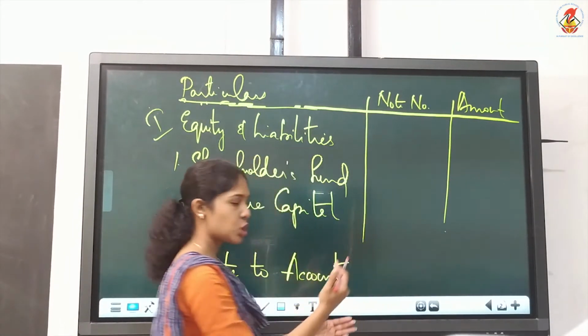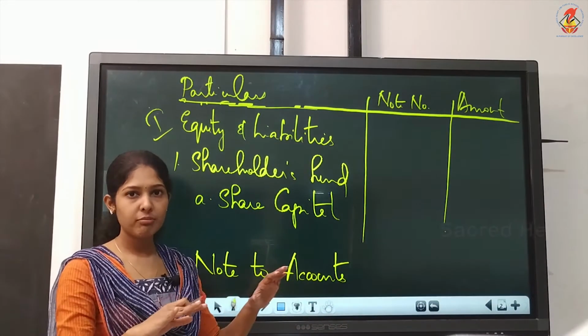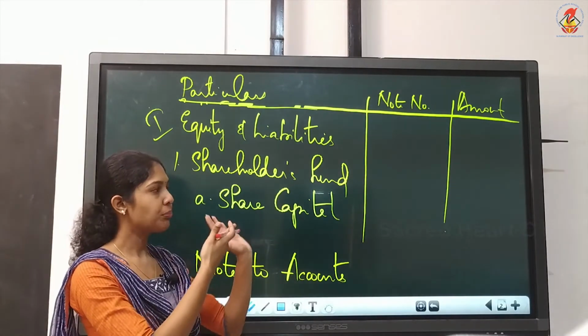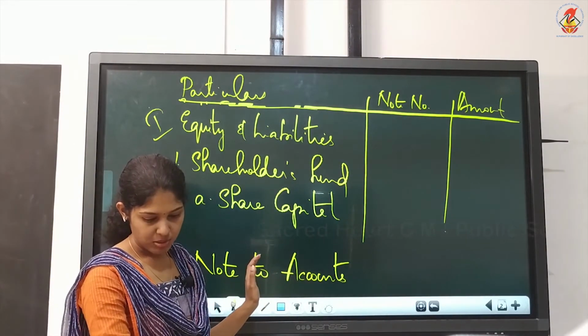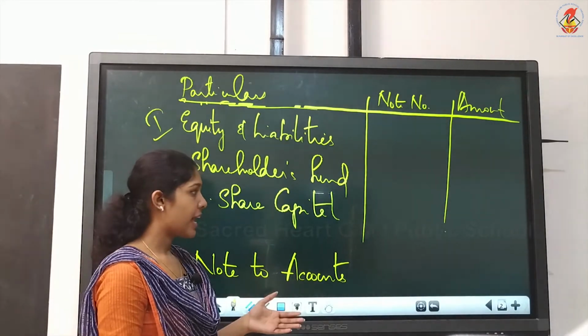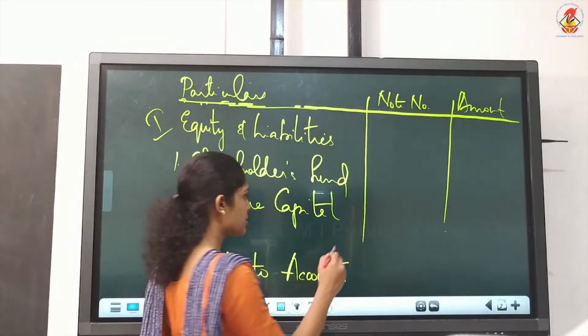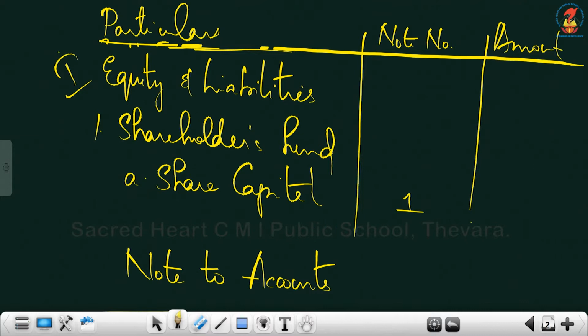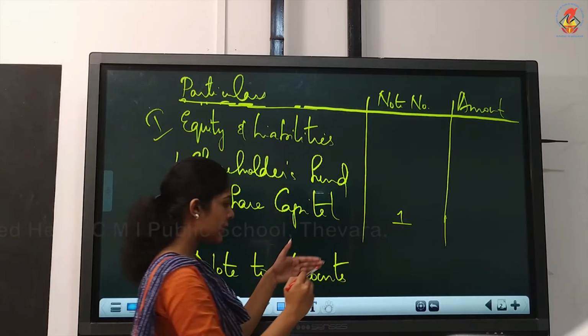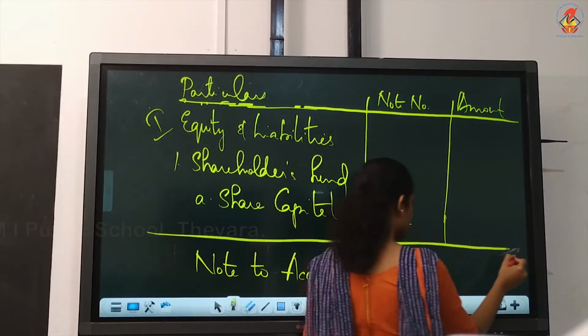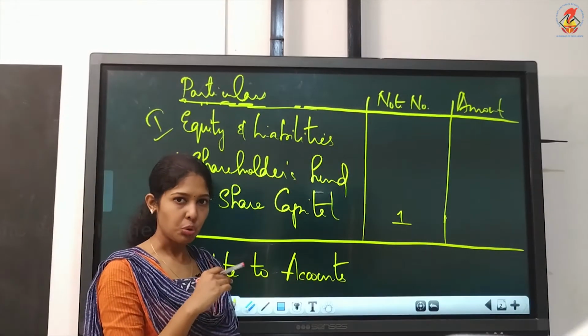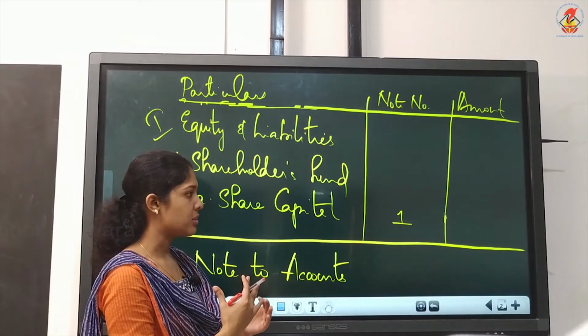So the entire balance sheet we are not doing. The balance sheet will not tally. You just have to show how the share capital appears. Do we have any premium in this question? Premium is not there. If there is premium, that will come under reserves and surplus, securities premium reserve. Again, share capital, you just write note number 1, and now we'll start the note to accounts. Your balance sheet will get over with this. The only one item which you have to show in this question, not the entire balance sheet.